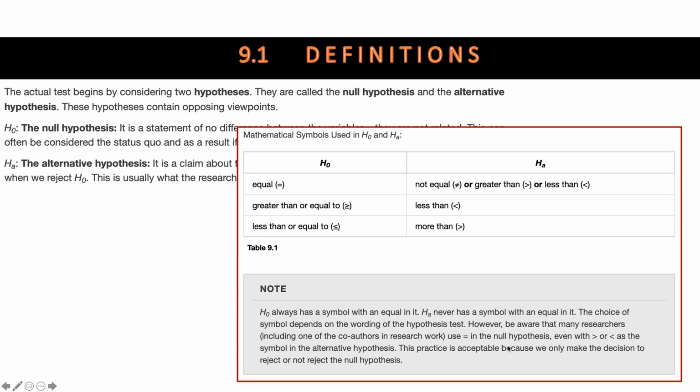Use an equals in the null hypothesis, and you can use greater than or less than symbol with the alternative hypothesis, okay? Now,